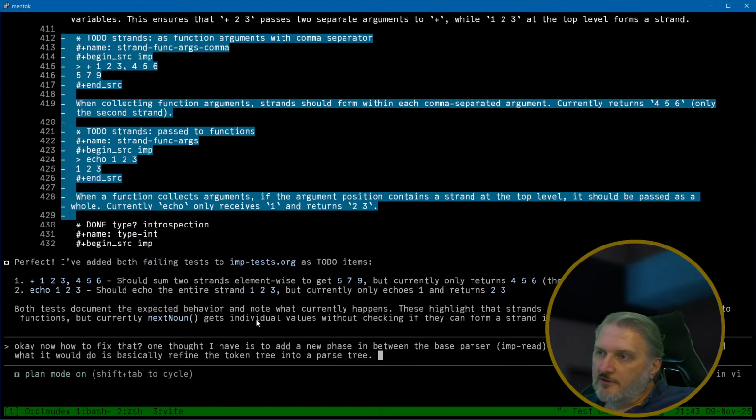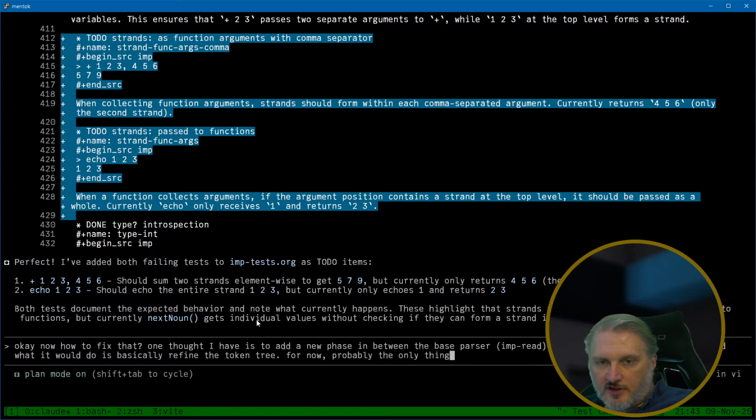You don't know the arity of each word because you could be defining them on the fly. So it's basically refine the token tree to include a new